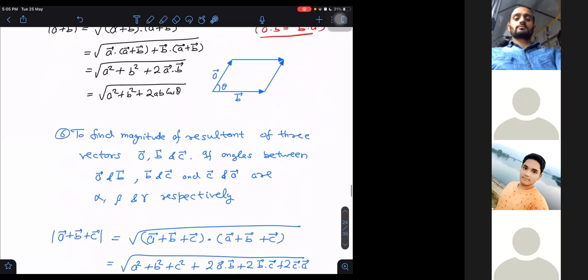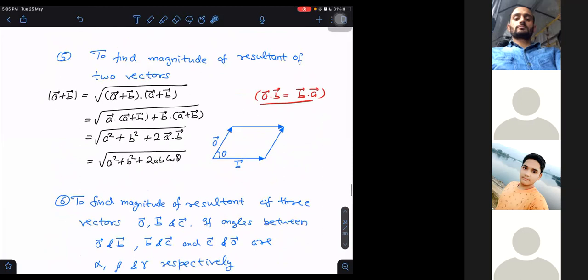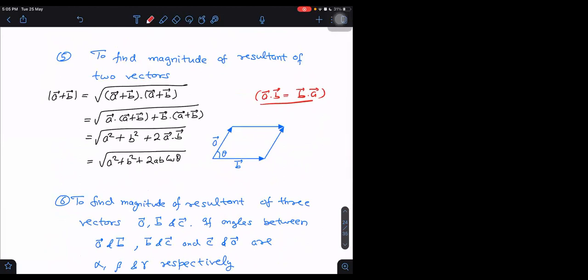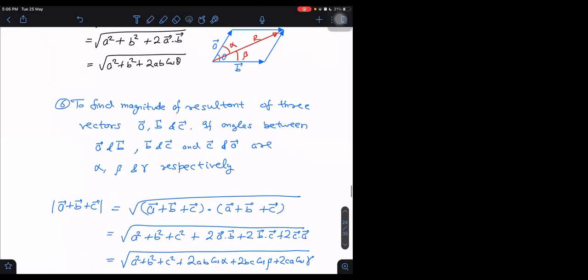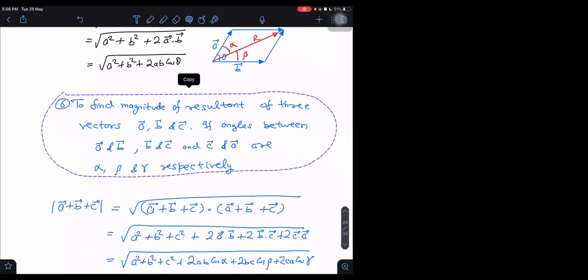Next, the angle made by the resultant with A bar. If you want to get the angle made by the resultant with A bar, this is the resultant. What angle will it make with A bar? Let us say it makes alpha with A, and with B bar it makes beta, and this is the resultant. I want to get the angle. Again, the simple method is to take any angle you can find out. What is the method?